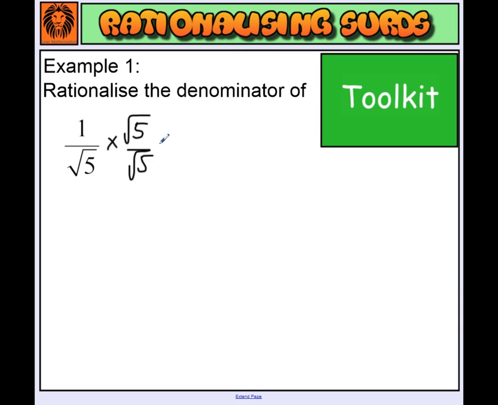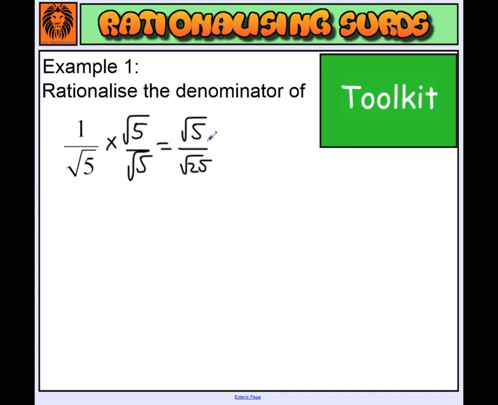So we have 1 times root 5, which is root 5, and root 5 times root 5, which is root 25. Root 25 simplifies to 5,